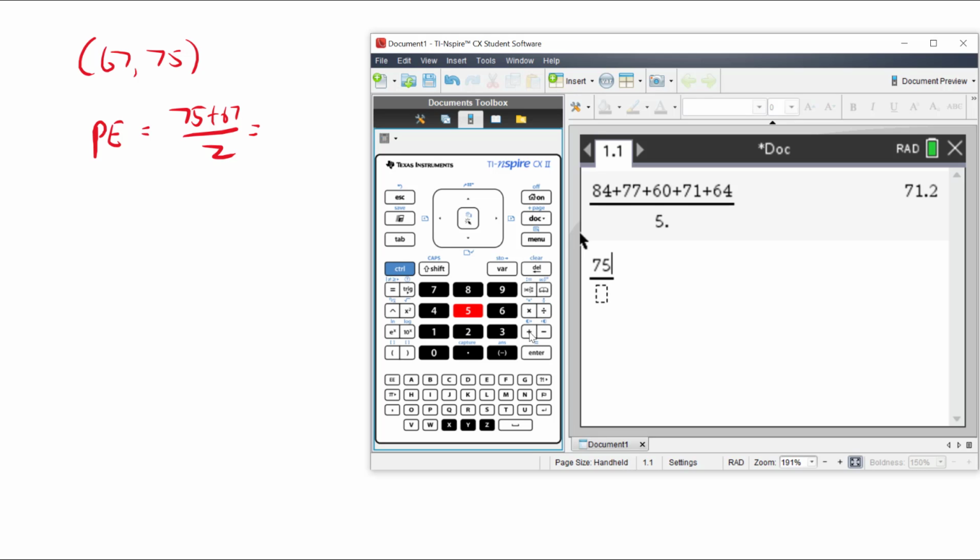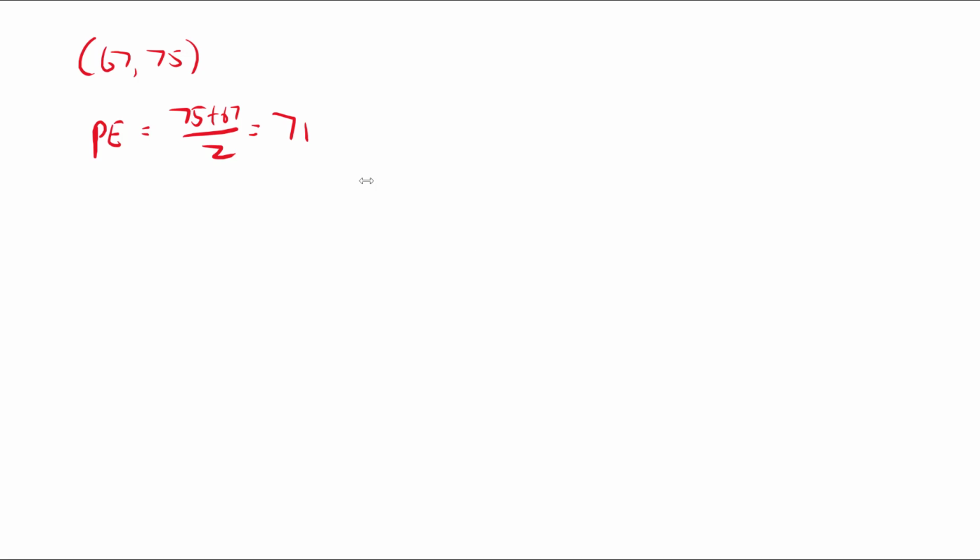Well, we get 71, which is what we came out to be with our mean value, right? And then, if you're wanting to find your margin of error, actually calculate the value that they used for your margin of error,